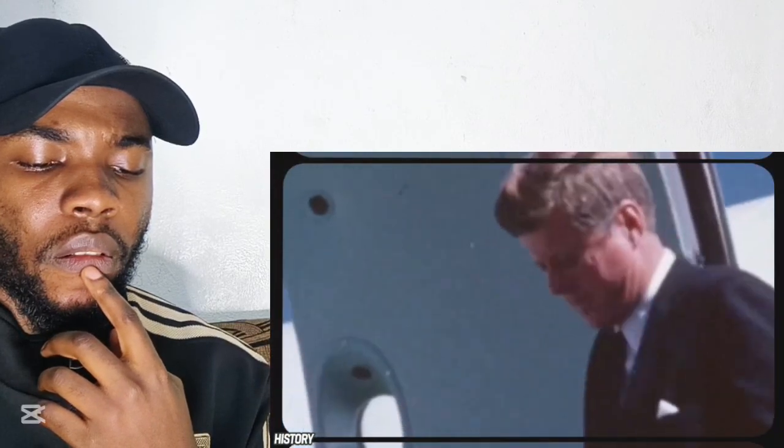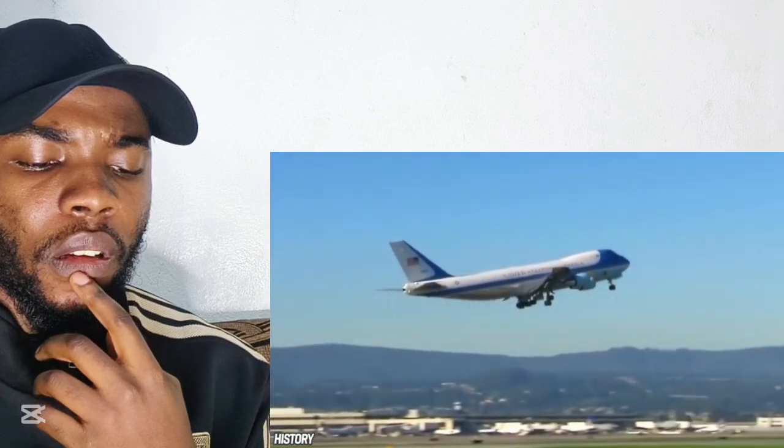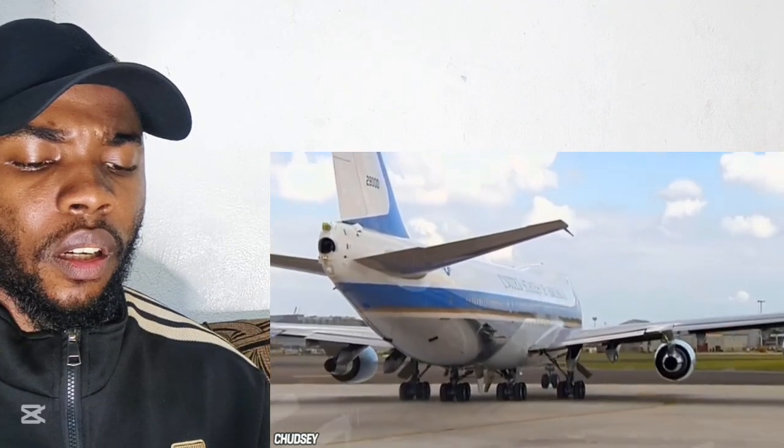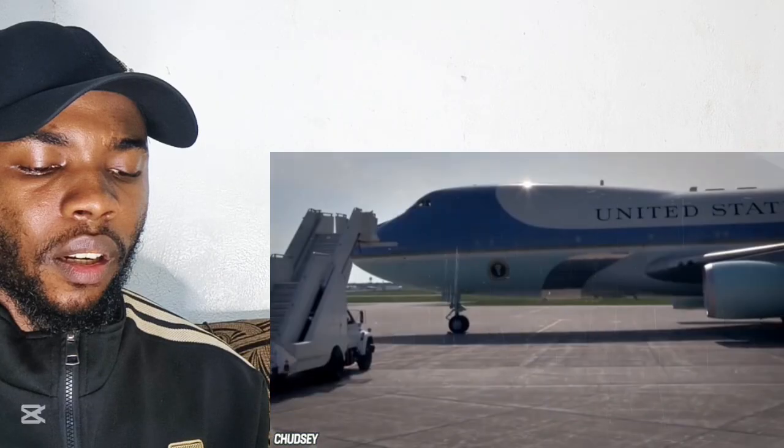a modified Boeing 707. The plane's designer, Raymond Loewy, chose the renowned baby blue as the main color. Why? Because it was Jackie Kennedy's favorite, and of course, because it matched the colors in the presidential seal. Since then, the illustrious wings have transported everyone from Obama to Nixon, Reagan, Trump, and everyone in between. The current pair of Boeing jumbo jets were inaugurated in 1991, back in the George H.W. Bush era. Fitted with sublime security and comfort features, it should come as no surprise that these planes don't come